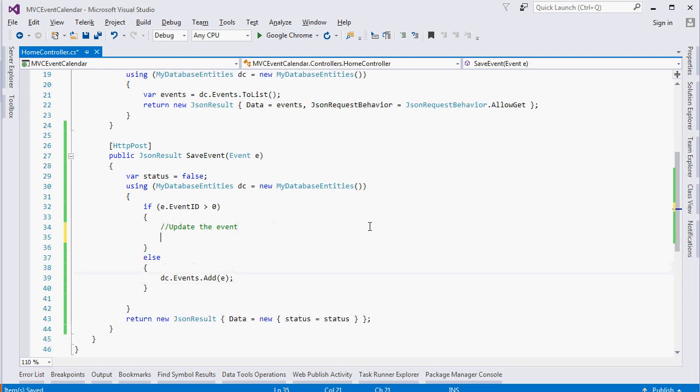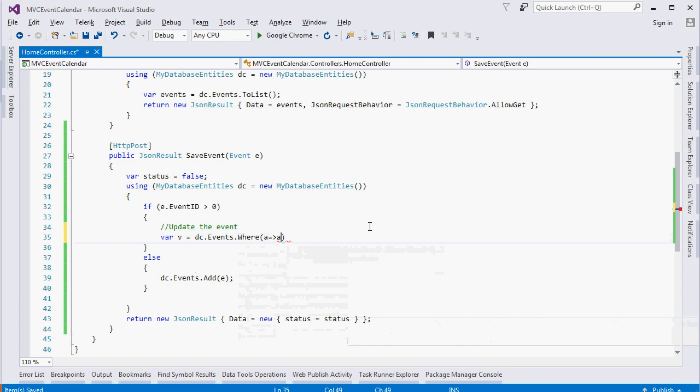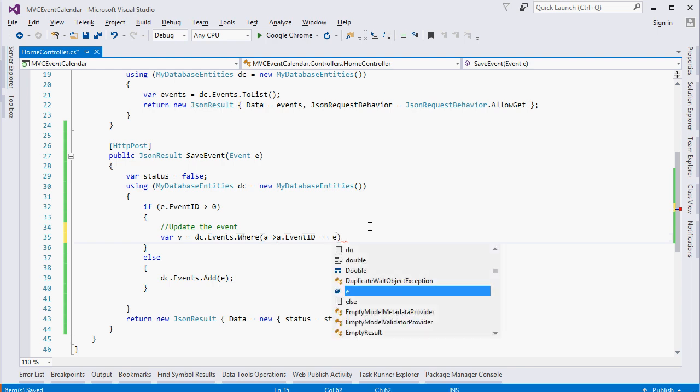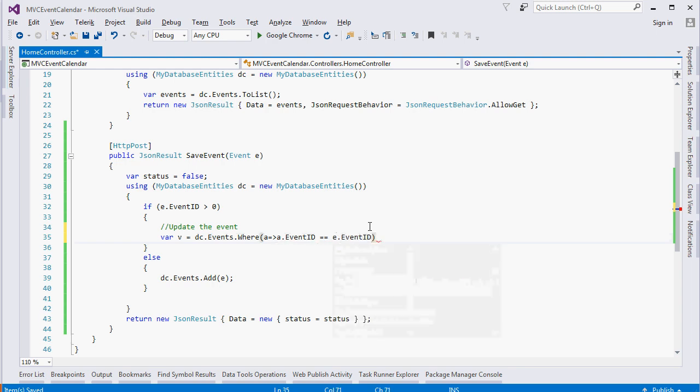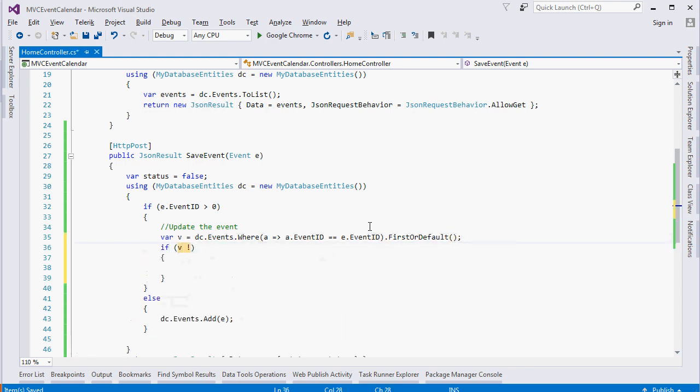So what I will do here, first of all I will fetch the event information from database. So where EventID equals to e.EventID, FirstOrDefault, and if the event exists, then what I will do, I will update